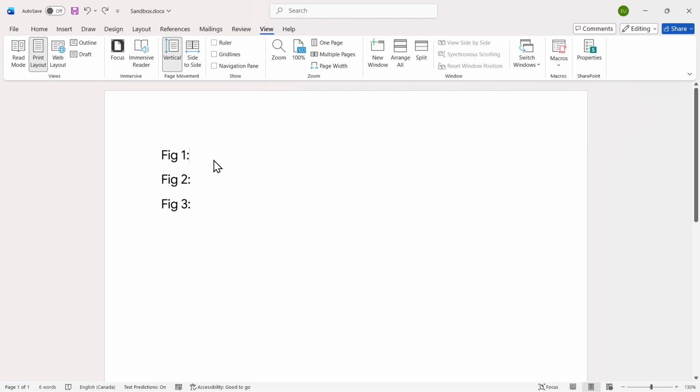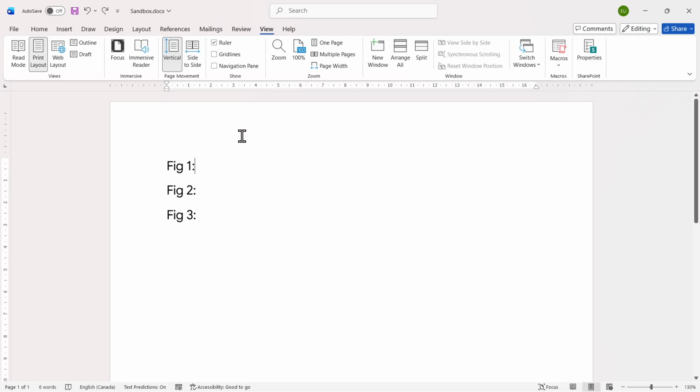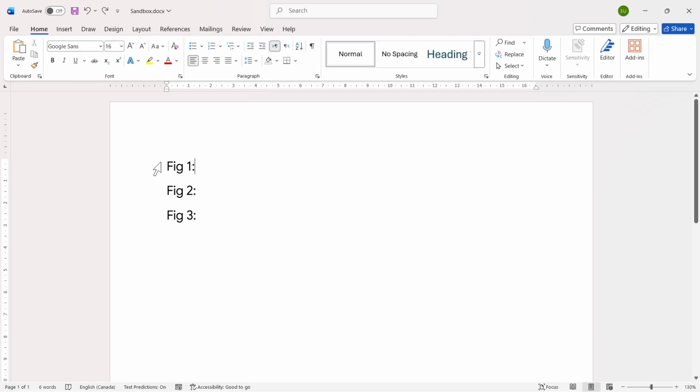In this video, I'm going to show you how to add dots leaders or dash leaders in Word. So first you have to go to the View tab and then enable the ruler if you haven't already, and then go to the Home tab and then make sure to first select the text which you want to add